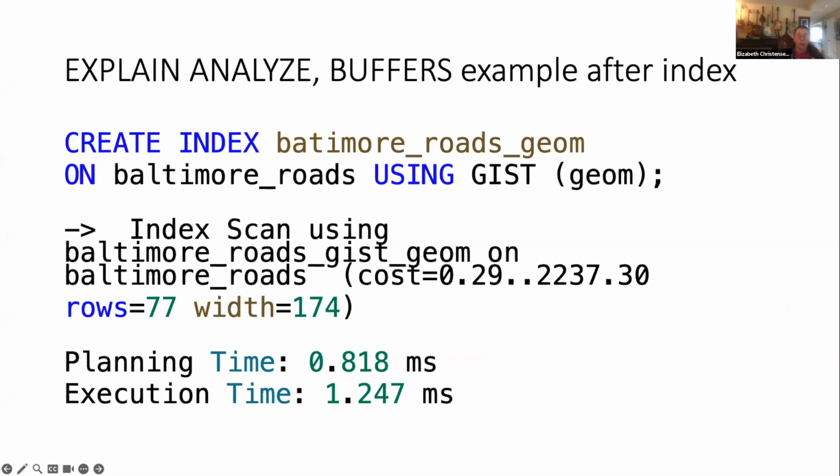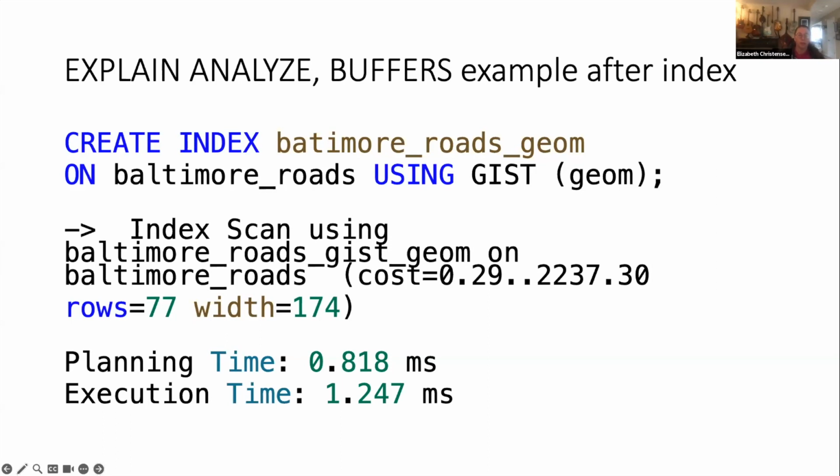I added an index, just a simple index, to that geometry column. I ran the same explain plan, and that query ran in 1 millisecond. So indexing is not just like, oh, it makes it a little bit faster, it makes it 10% faster. It's orders of magnitude faster. So not optional. And I'm sure a lot of you already know this, so I'm probably preaching to the choir about indexing.